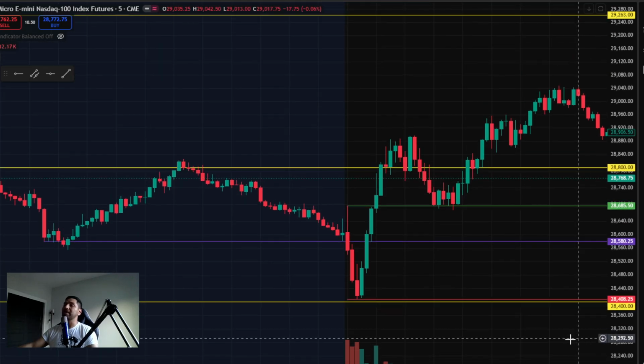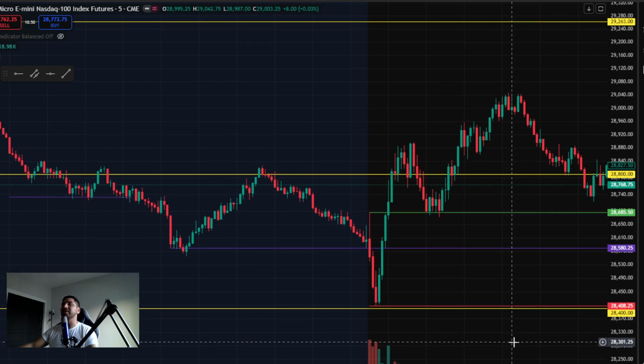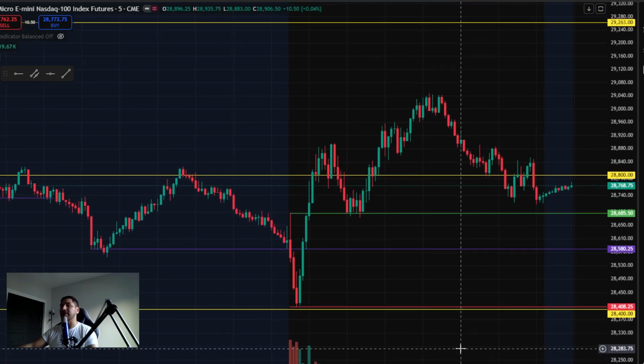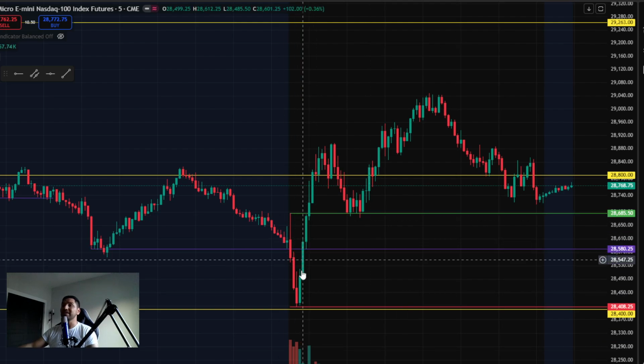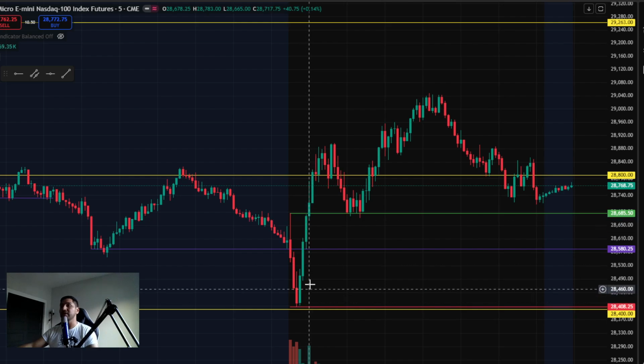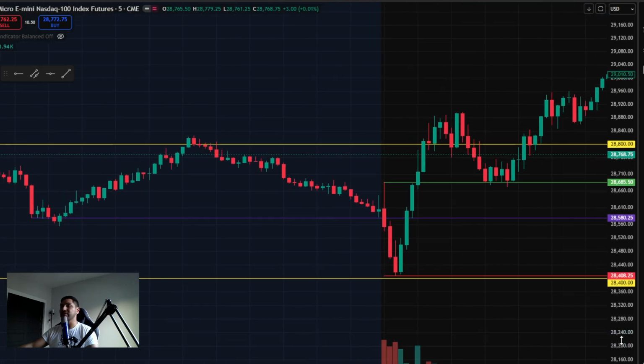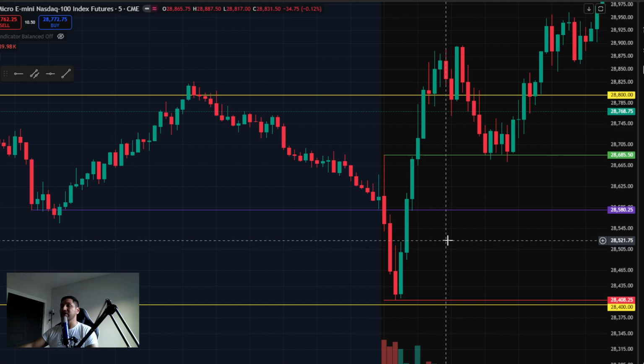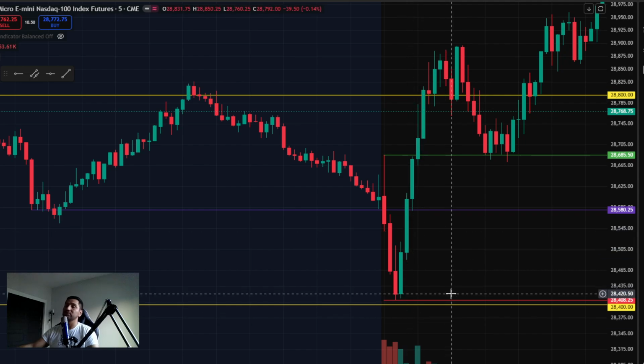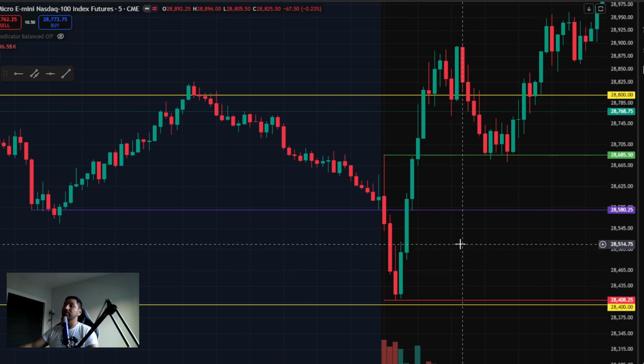That could have been one of my probably not A+ setups, but a setup where I could have been like, okay, we're going up. Once we made a higher high here, I'm like, okay, well, my stop loss can be under 28,400. But even then, if I would have gone long here at, say, 28,525, that's still a 100-point move, which would have been $250 on one micro contract, which would have been a lot of money. But